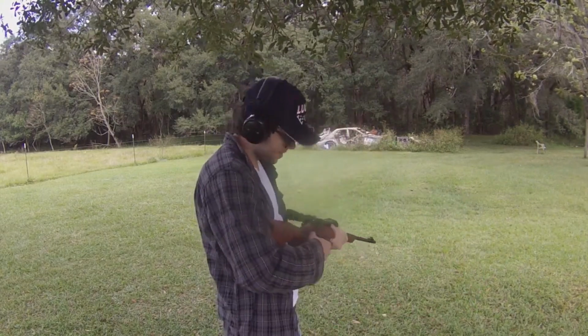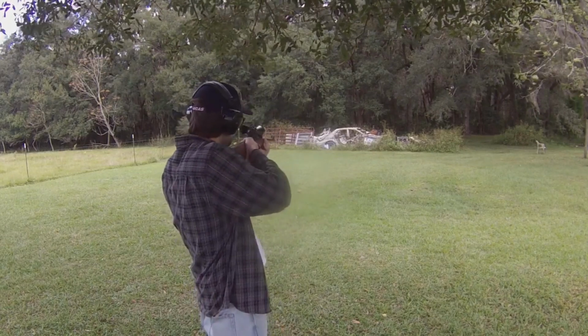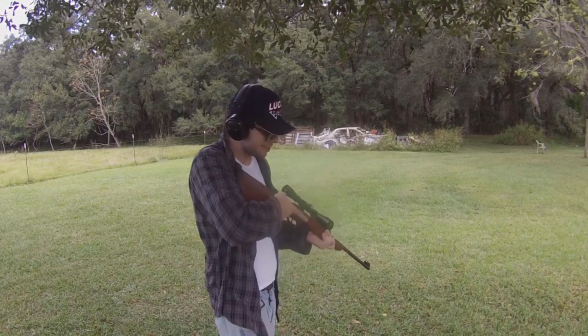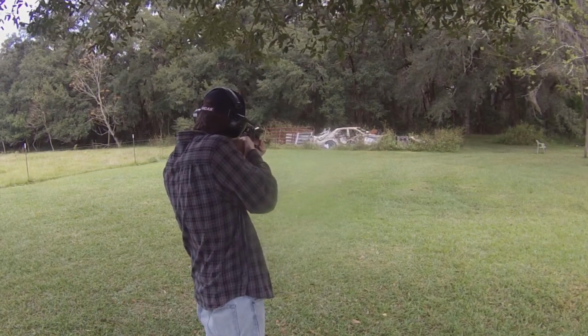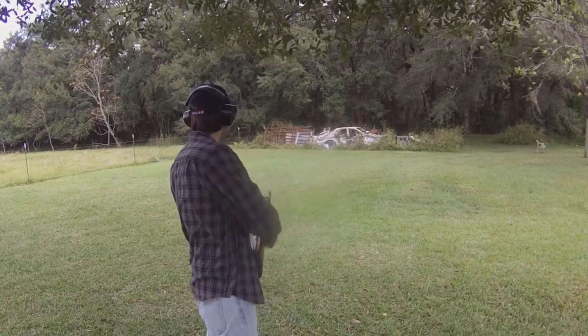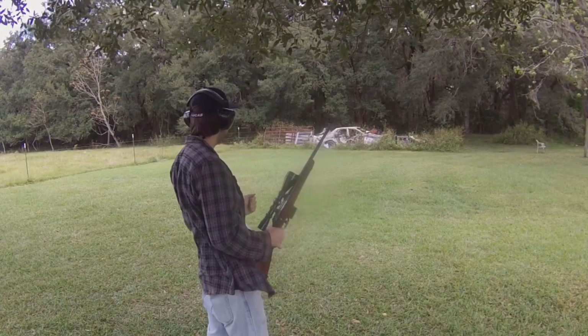Also going to use that good old set trigger, my goodness. That is an incredibly light trigger pull. As somebody who is used to firing Mosins and military surplus Mausers, this thing is nice. Alright, aiming at the bottom of the steel. Let's see if we hit it this time. We did! Okay, so it looks like we are hitting quite a deal high and a little bit to the